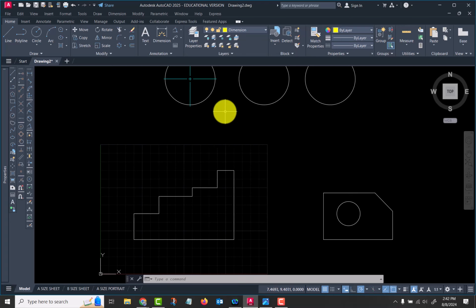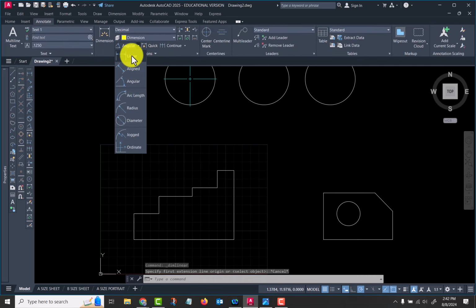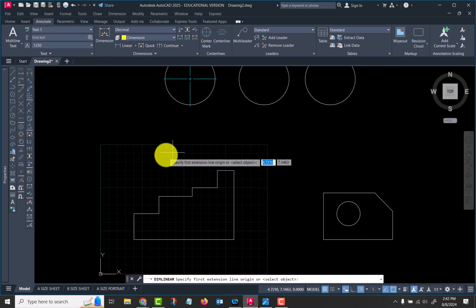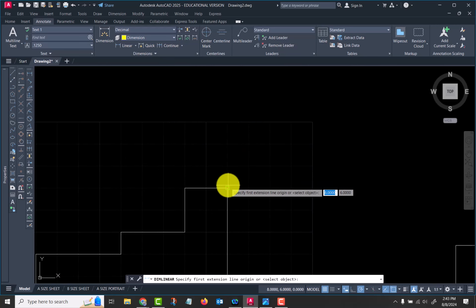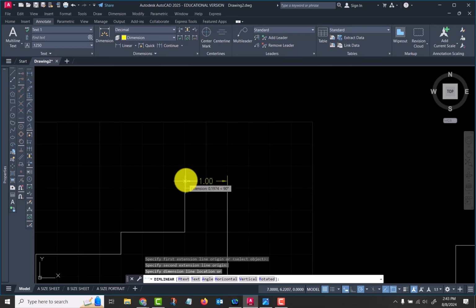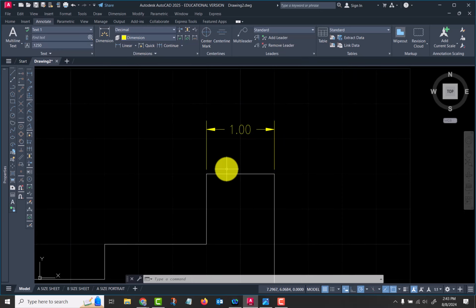Let's start with our linear dimensions. And the keyboard command is DIMLINEAR, D-I-M-L-I-N. Or you can hit the button here, or on the Annotate tab, the pull down right there for linear, either way. Okay, and so where you click is important because if I want to start my dimension here and I really want it to go here, and then I pull out and place it, that gives me this gap between the extension line and the object. That's important